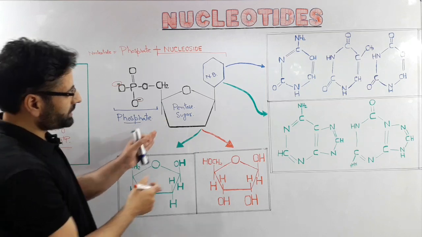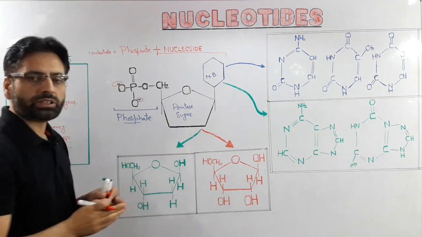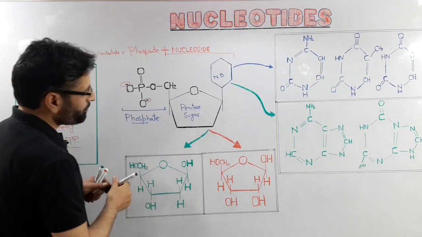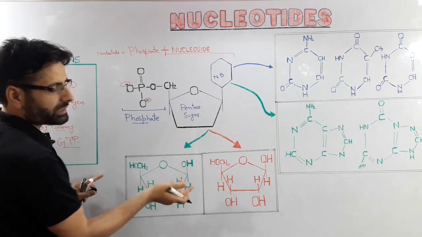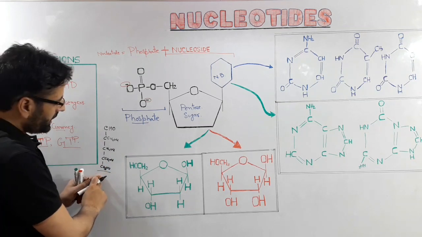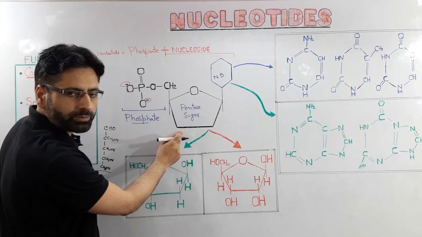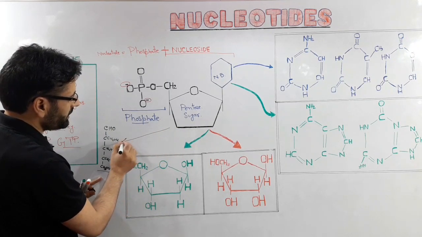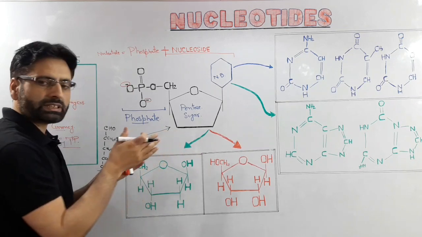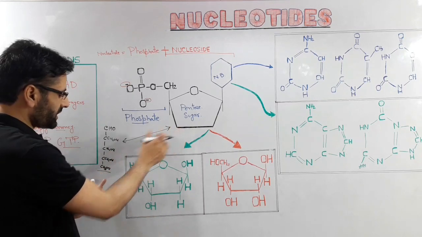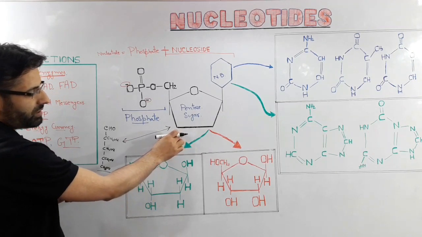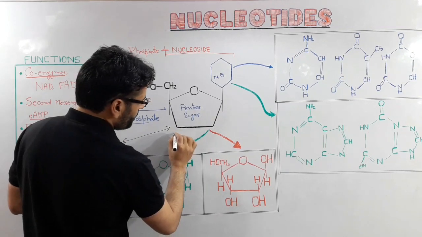Another component of this nucleotide is this pentose sugar. This pentose sugar within this nucleotide is in the furanose form. As you know, this pentose sugar, when present in a mixture, can be present either in the aldehydic open chain form or in this furanose form. That is, these two forms are continuously interconverting, and these two structures are in equilibrium. So the open structure and this ring structure are in equilibrium, and this structure is called the beta furanose form.